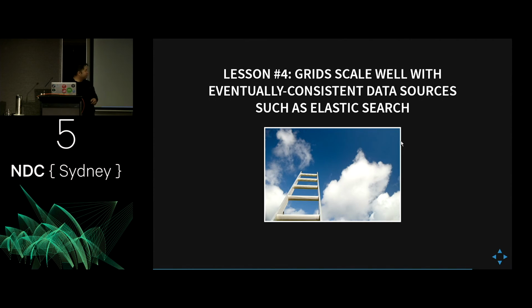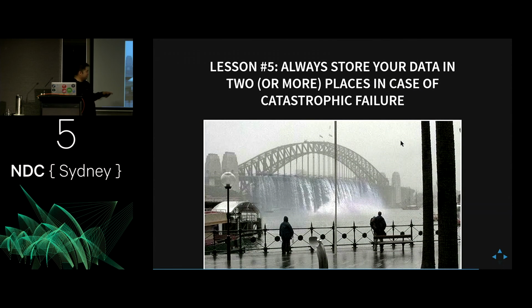And that was really important for us. The fifth thing that we learned during the storm from hell about a month and a half ago was that even though you think that everything's going to be okay, you always have to assume that you're going to have some sort of message loss. So if we have all these events coming in, even if it's 1 in a million, if 20 million events come in, you're still going to lose 20 messages.